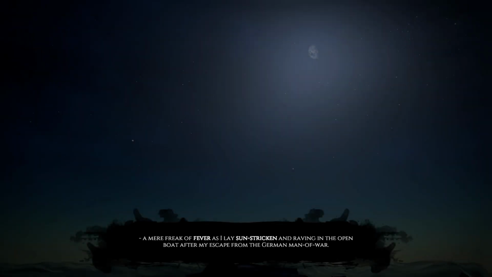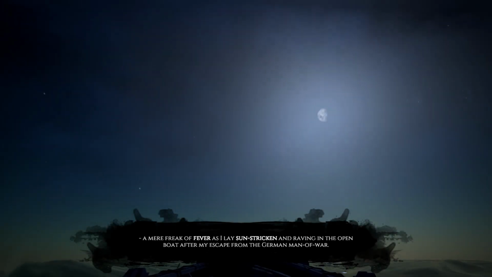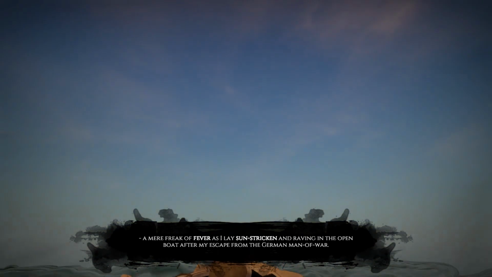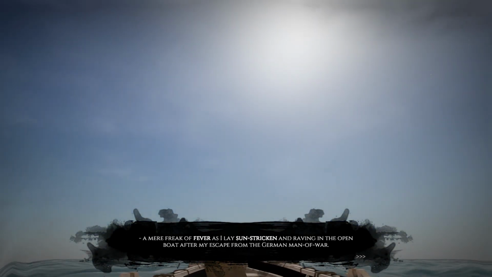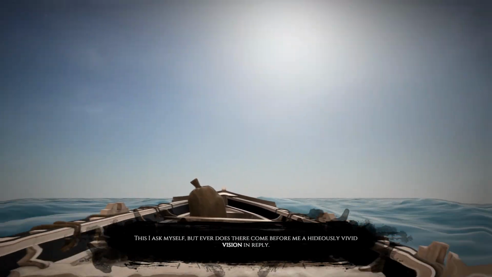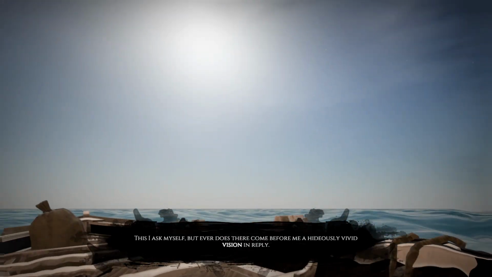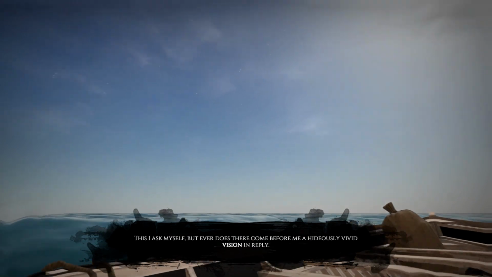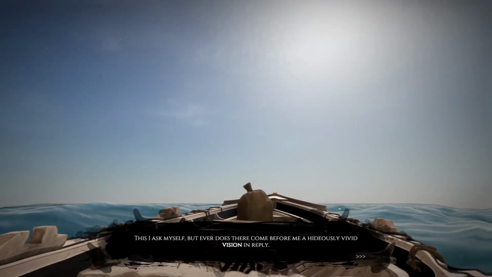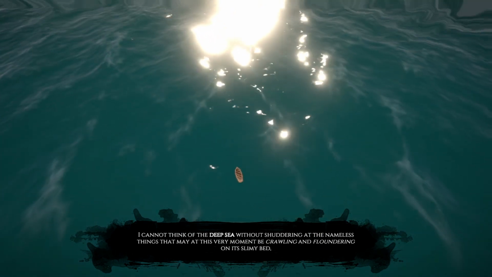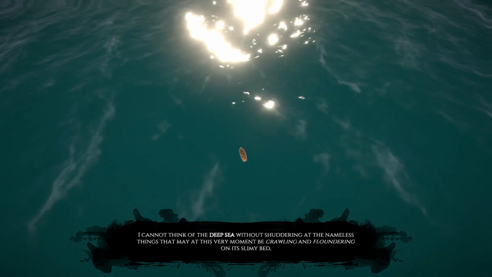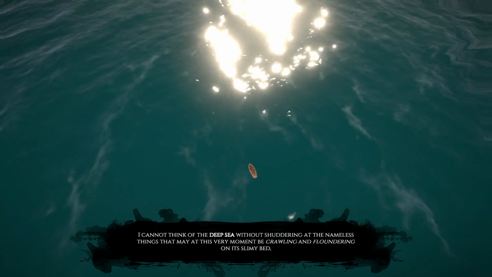Often, I ask myself if it could not all have been a pure phantasm, a mere freak of fever, as I lay sun-stricken and raving in the open boat after my escape from the German man-of-war. This I ask myself, but ever does there come before me a hideously vivid vision in reply. I cannot think of the deep sea without shuddering at the nameless things that may at this very moment be crawling and floundering on its slimy bed,